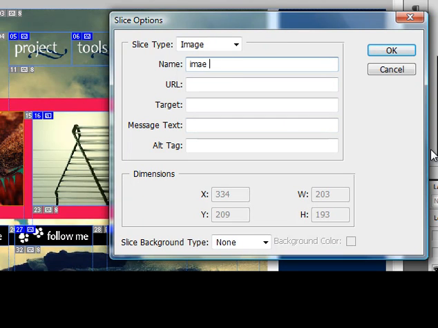For example, image bar 1. As you can see, there are a lot of other options. You can actually give a URL link from Photoshop itself, because from Photoshop we can export an HTML file as well, with the sliced images in a different folder called images, which we'll see later. But the best part is that in Photoshop itself we can add a URL. So let me add my website's URL here,